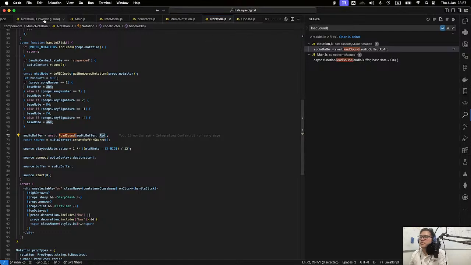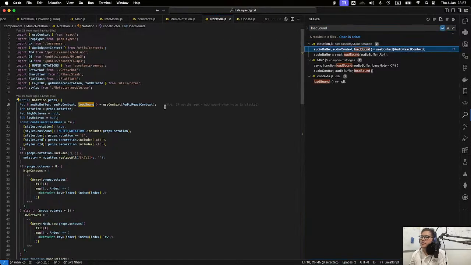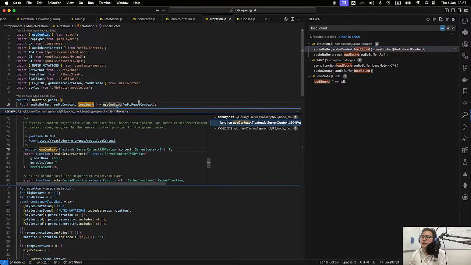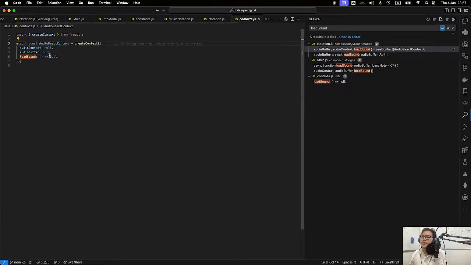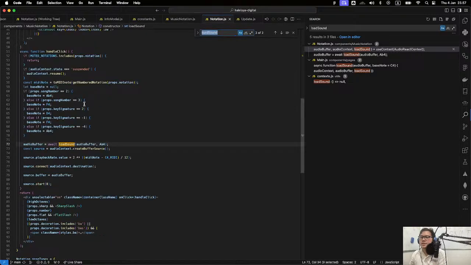If we search the load sound function, this is a function that we store in a React context. We call this context the audio React context. And what this function does is,